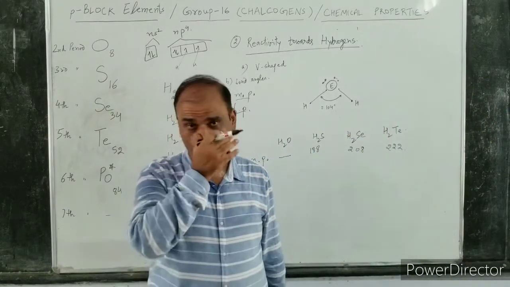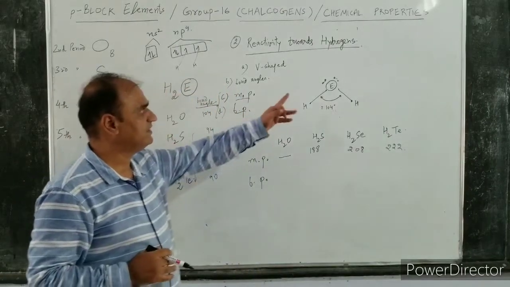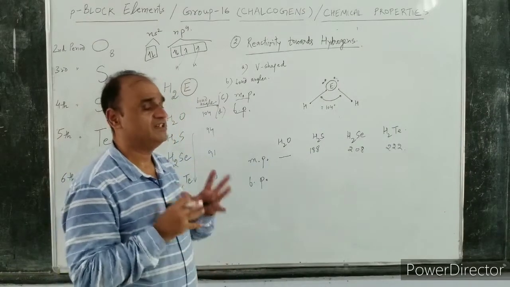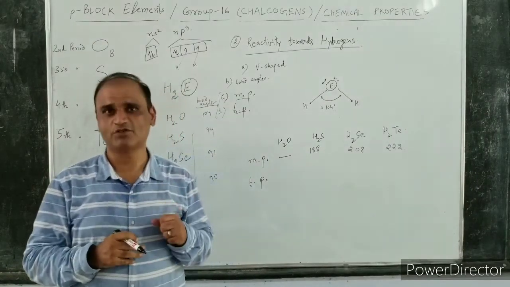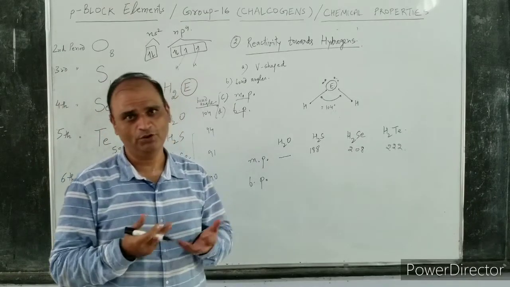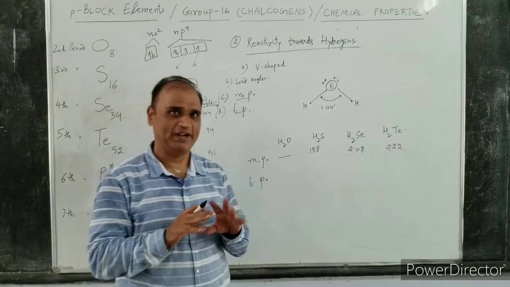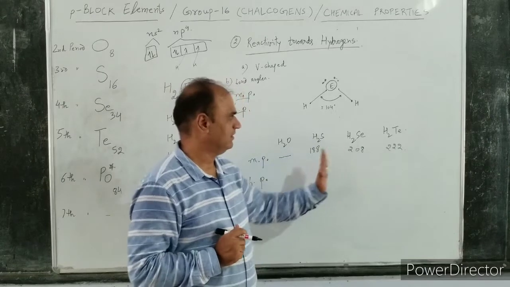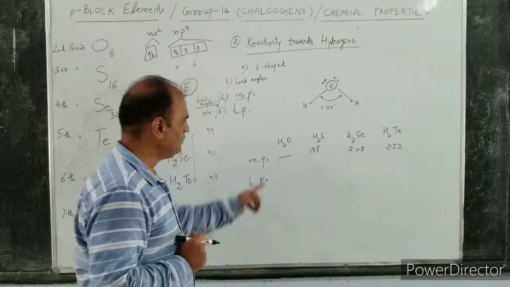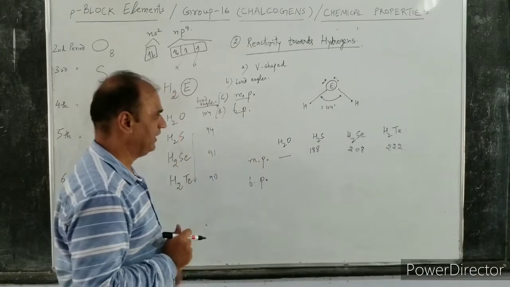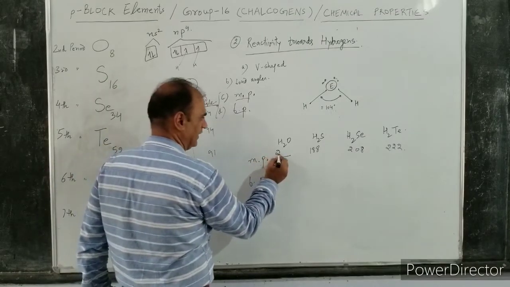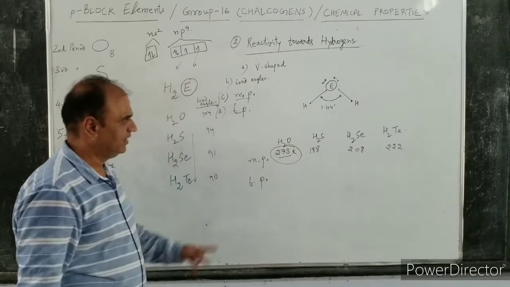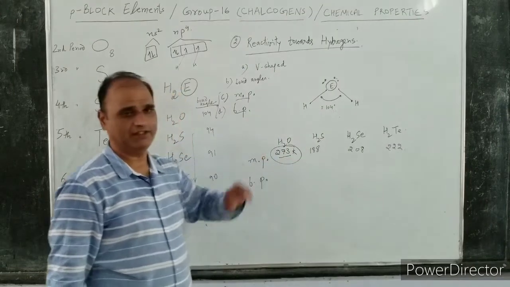Because on moving down the group, the molecular sizes are increasing due to increase in size of the central atom. When molecular size is increasing, the strength of van der Waals forces of attraction will go on increasing. You know, the strength of van der Waals force directly depends upon the size of the molecule. So, because molecular sizes are increasing, these are increasing. But what we see here, if we see the melting point, or you can say the freezing point of water, that is 273 Kelvin. As per our concept, it should be lesser than 188.